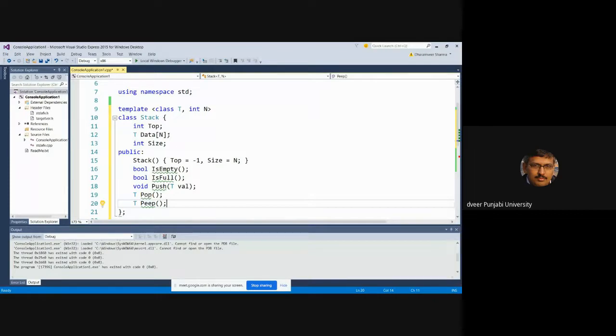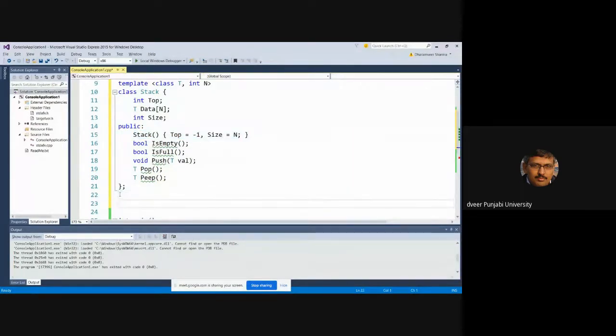Okay, this is the class declaration. If you define a member function within the class, it's just like a normal class. But if you define a member function outside the class, then the method is different. Let me show you. Every time you define a member function of the class, you will have to write template